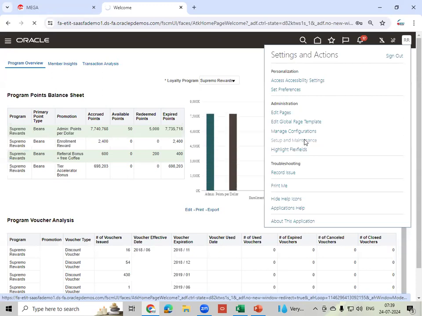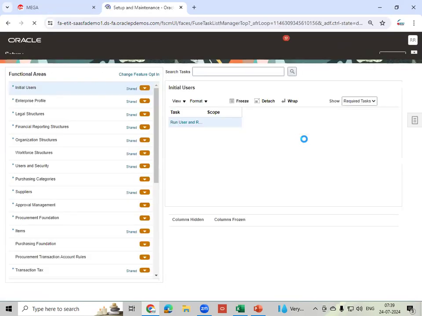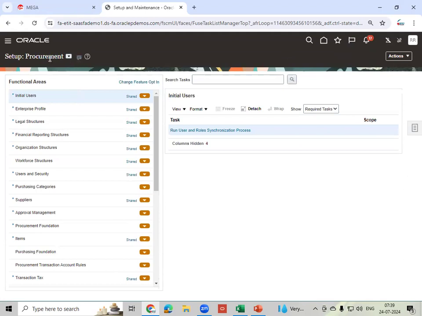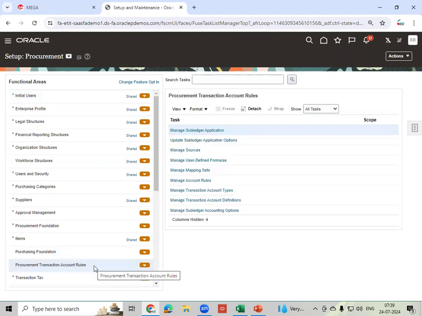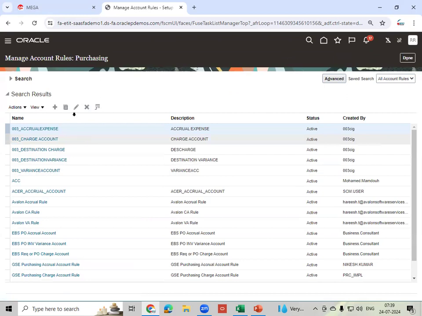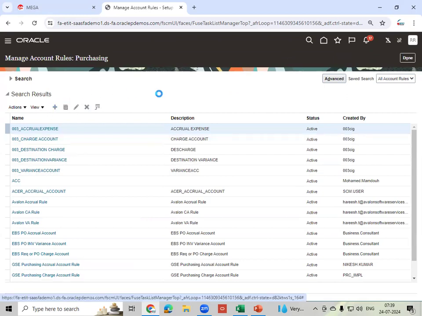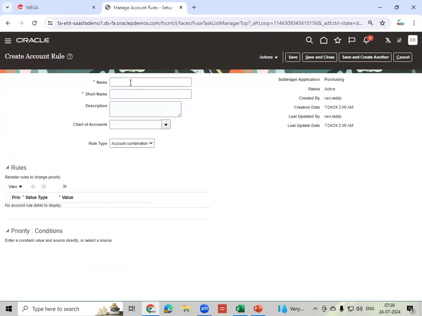Setup and maintenance. Procurement offering. Here you will find procurement transaction account rules, manage account rules. This time I'm not going to define a mapping set, so I'm directly defining the account rule. TM charge account rule. My chart of accounts